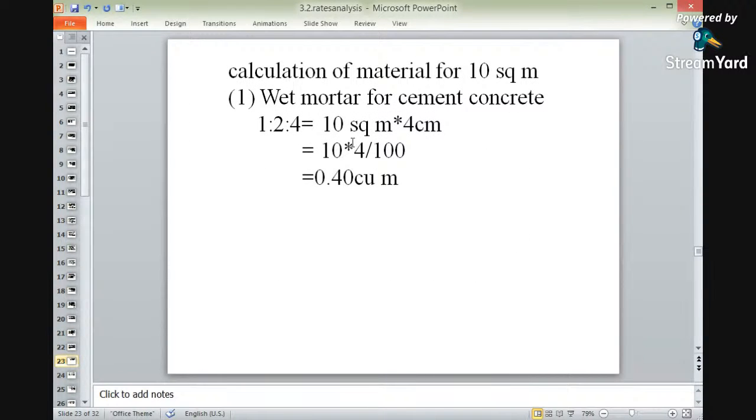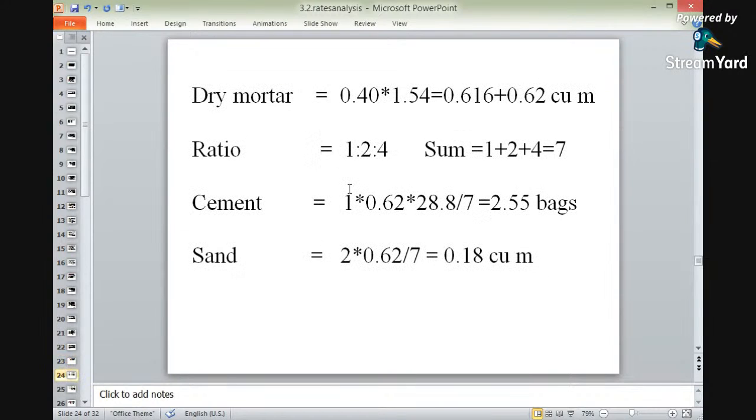First we will calculate and find out the cubic meters. 10 square meters multiplied by, after conversion of centimeters into meters, 0.04. That is in cubic meters. Simple calculation. What about the dry mortar in this case? Dry mortar in this case is nothing but,